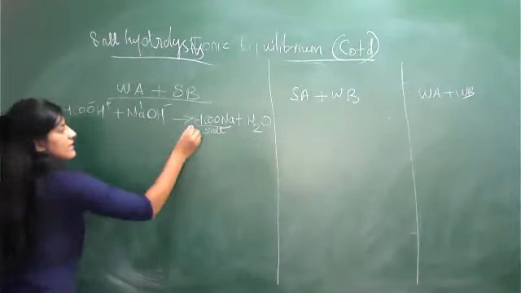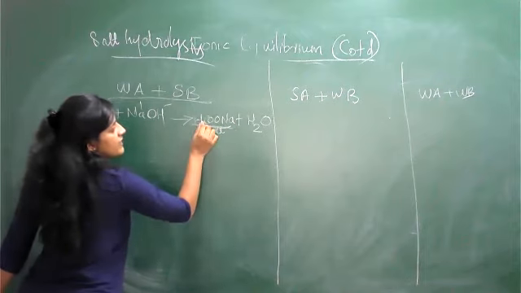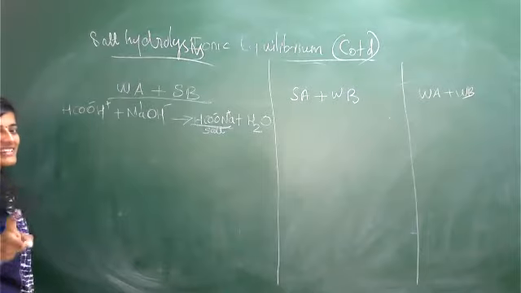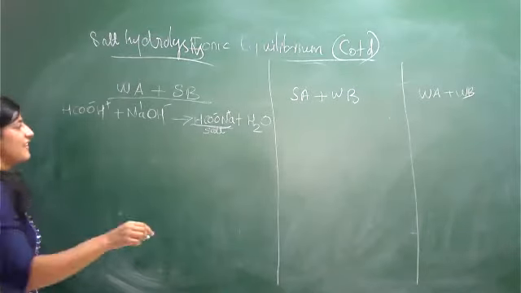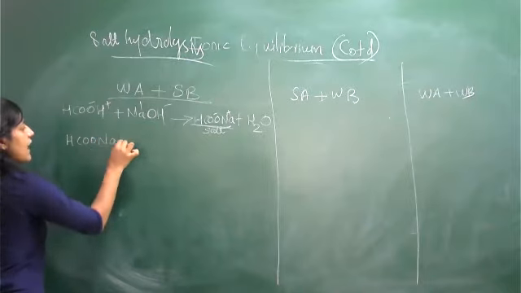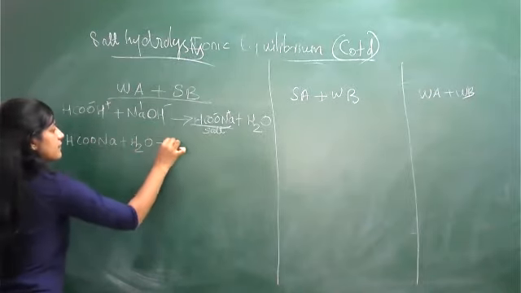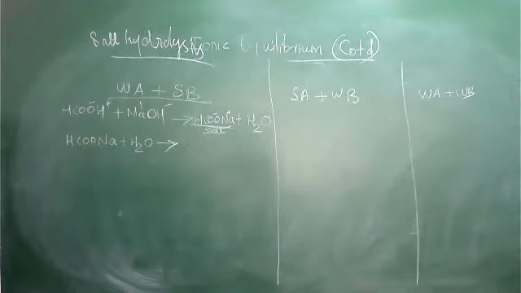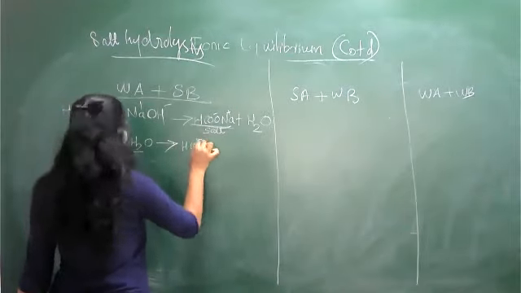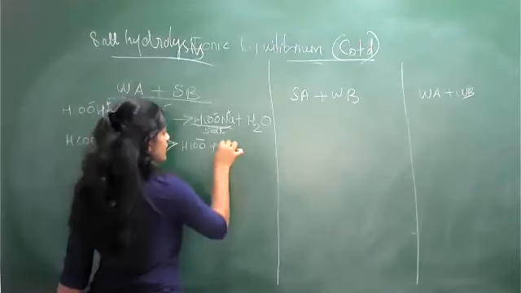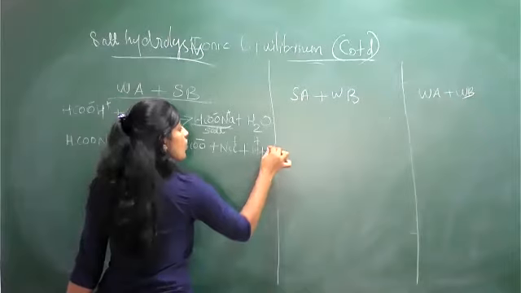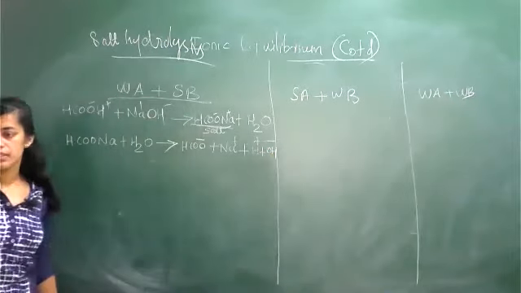Then now with the help of that salt. Okay. This is the salt, HCOO minus plus Na plus. With the help of this, what will happen? It reacts with water. Right. So HCOONa reacted with water. The same is repeating. But what type of ions are forming? HCOO minus ion plus Na plus ion plus H plus ion plus OH minus ion. This much clear?